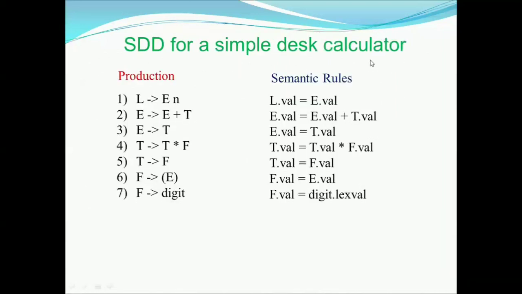So, for example, this is an example of a syntax-directed definition for a simple desk calculator. Please observe that when we say it is a syntax-directed definition, there should be a context-free grammar having rules, and for each production there is a semantic rule. What does the semantic rule specify? It specifies how this particular node will get evaluated. It means how L is going to get its value, how E is going to get its value, and in other words, each and every node will get evaluated.